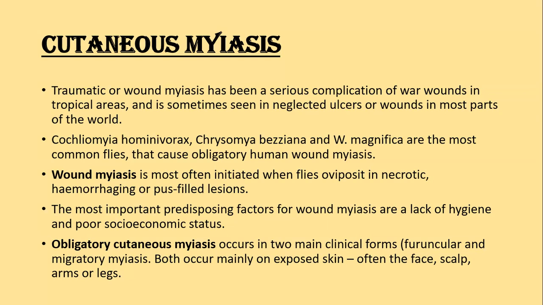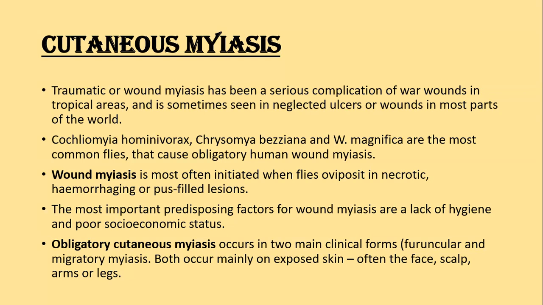Obligatory cutaneous myiasis occurs in two main clinical forms. This is the furuncular and migratory myiasis. Both occur on exposed skin, often face, scalp, arms, and legs. So the myiasis is described generally into two categories. Wound myiasis, in which there is already an infected wound and the fly gets an opportunity to lay its eggs in that wound, and this is an opportunistic infection,